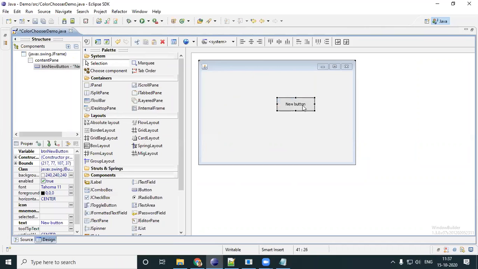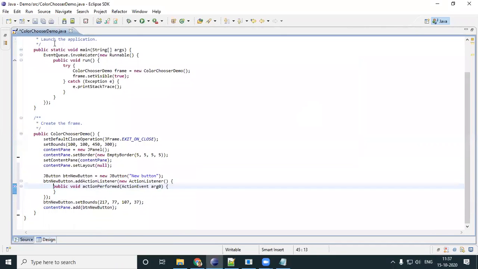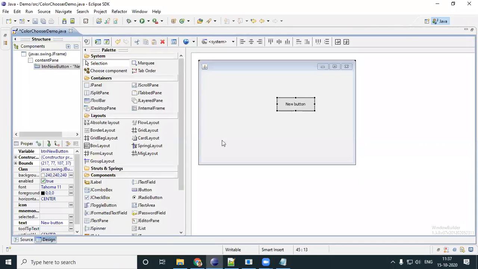I'll write some text inside: click for colors. I'll even rename my button to click button. I'll just make this a bit bigger.